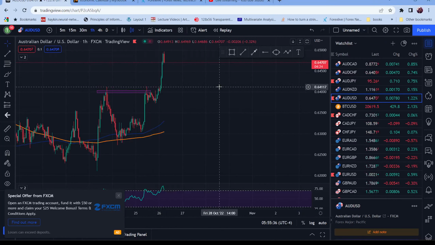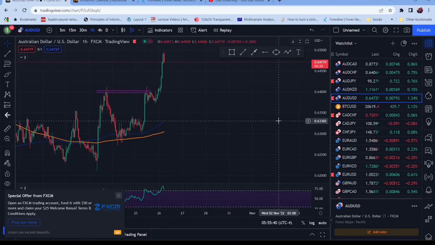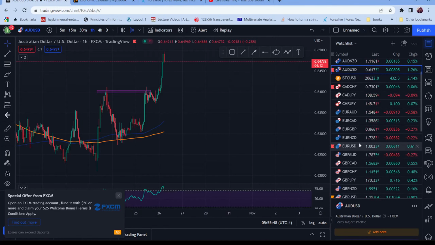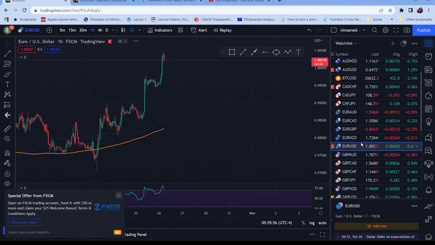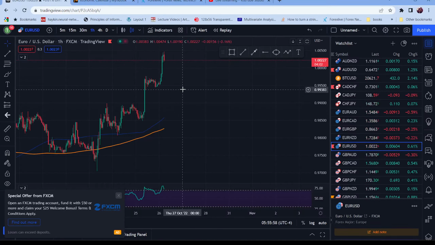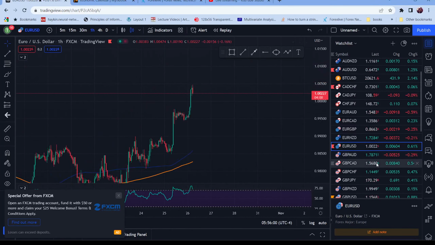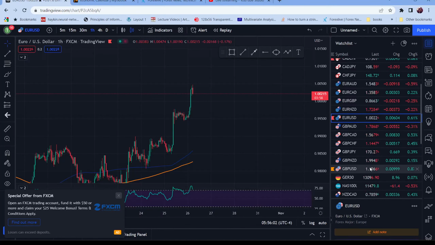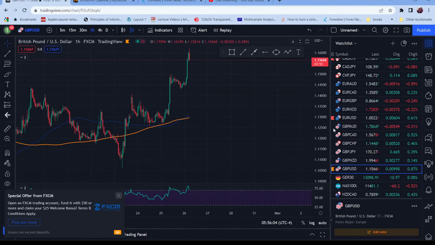But there's been a couple of things that happened last night that I want to discuss and look over for possible trade setups. And as you can see here, what I'm looking at currently is AUD USD. And if we look across all the USD pairs, we could see that we did have a lot of movement, right? As you can see, EUR USD as well. We did see price swing to the upside. GBP USD as well, and